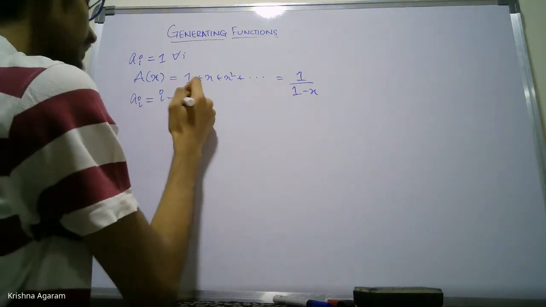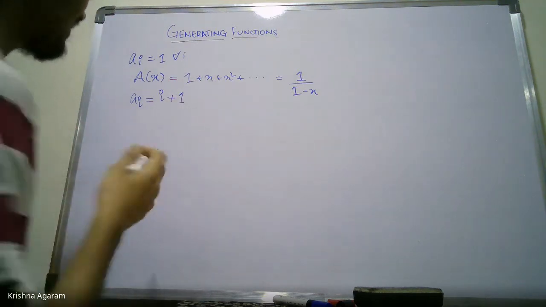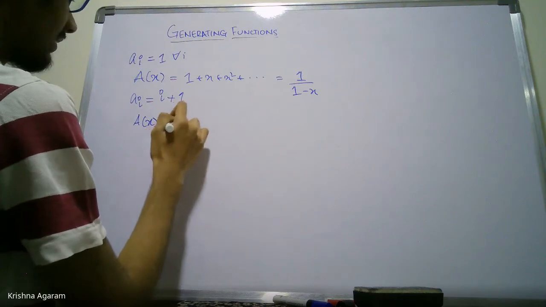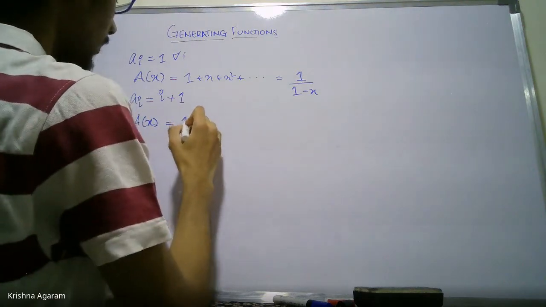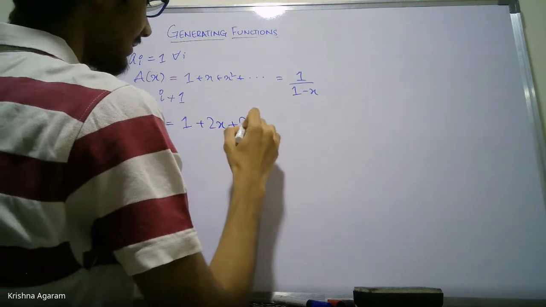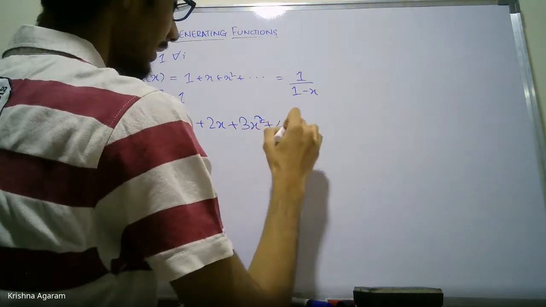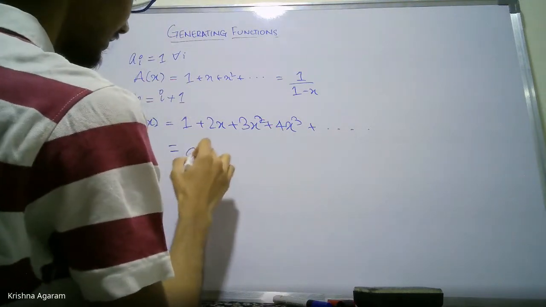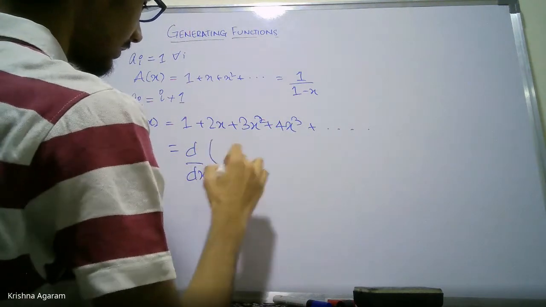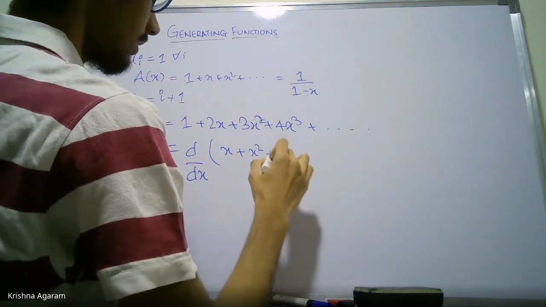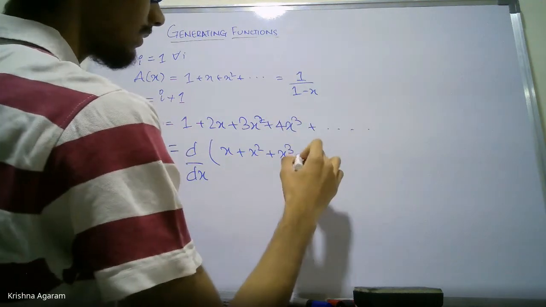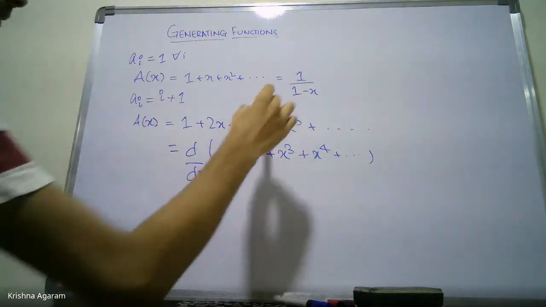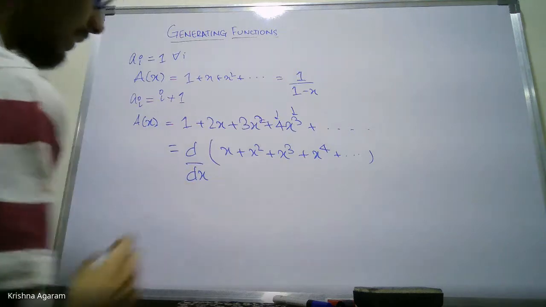I just prefer to use I plus 1. You could do I as well, there's no problem. I plus 1 has a special meaning here. So this is just 1 plus 2x plus 3x squared plus 4x cubed and so on, which is very, very clear. That is just this. Because d by dx of x to the n is nx to the n minus 1. So this and then that minus 1.